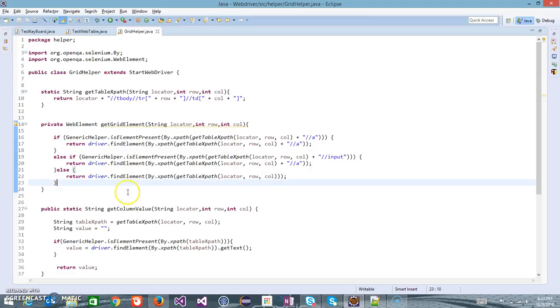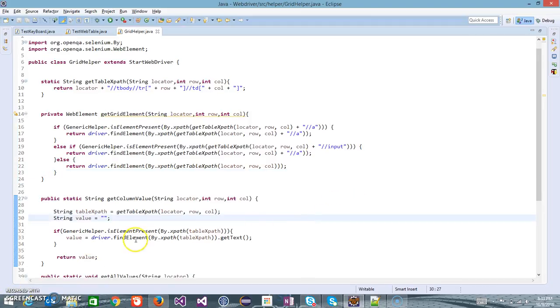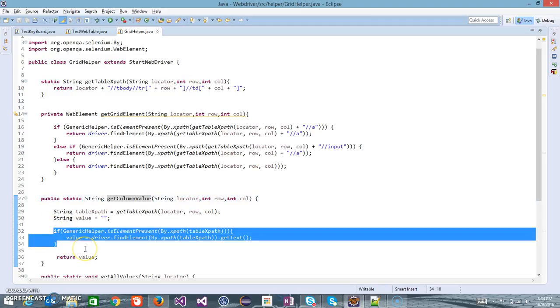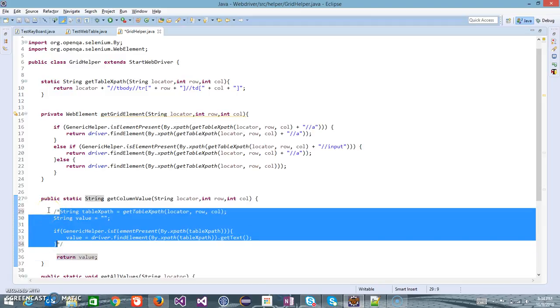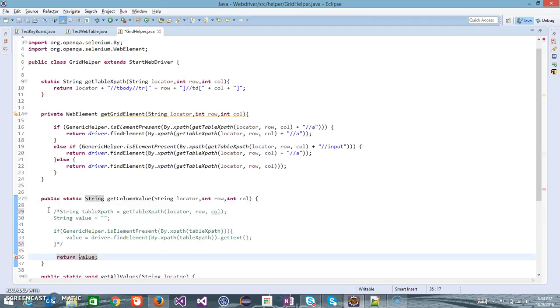So now I can modify my existing get column method like this. You don't need all this stuff. I will just comment out this part, and here I will just return